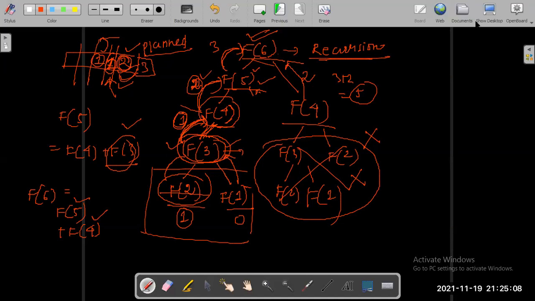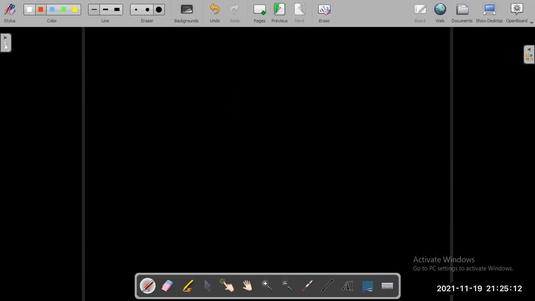Okay, let's take another example. Let's say I want to calculate the seventh Fibonacci. For calculating the seventh Fibonacci, what do I require?